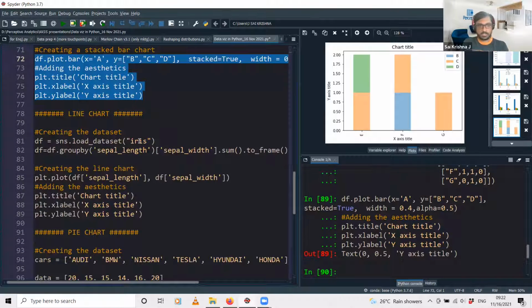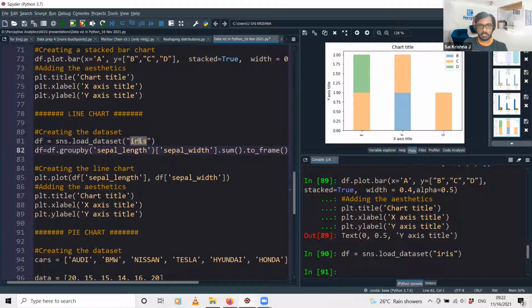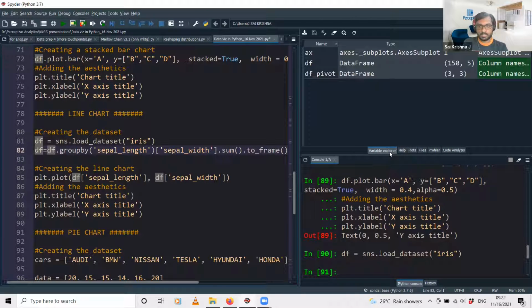So next type of chart is the line chart. For this we will use this iris data set. This iris data set is also a very popular data set. It's also available in R. You might be familiar if you have worked in R. Let me load this data set. It basically contains data on different types of flowers.